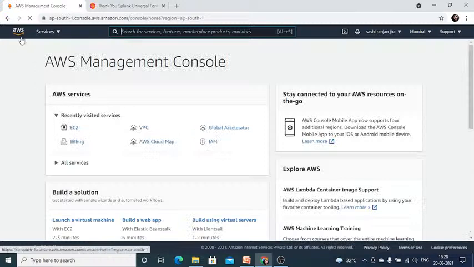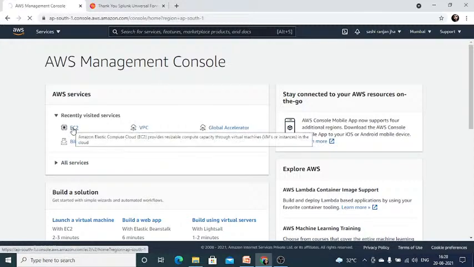Let me show you how the two instances will look after getting launched. So when we go to EC2, let's just